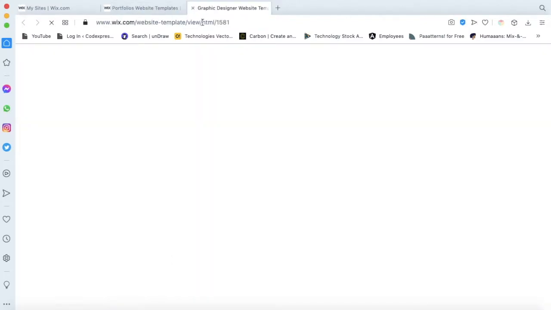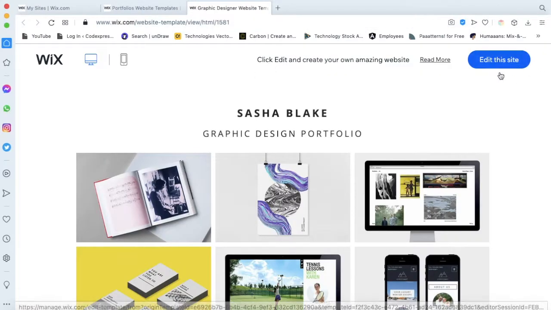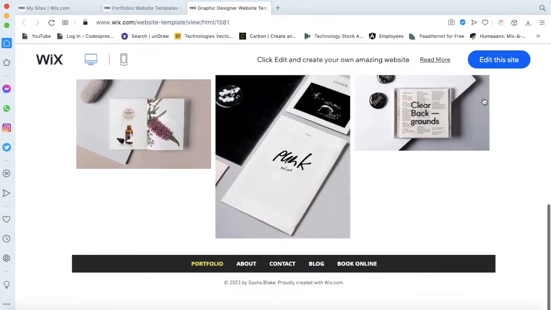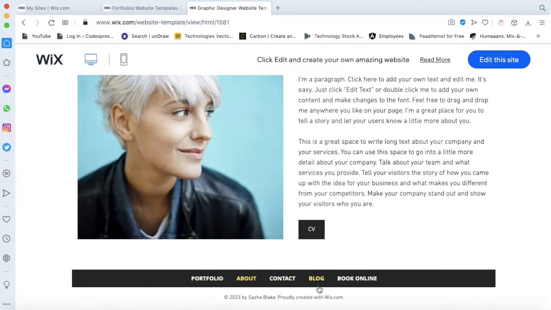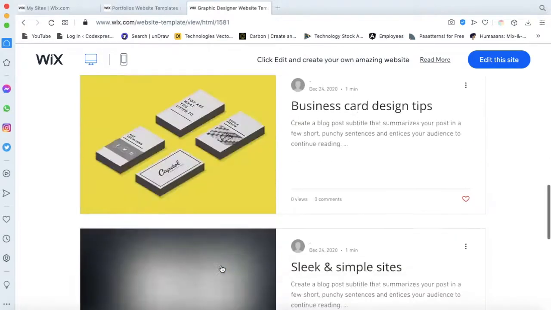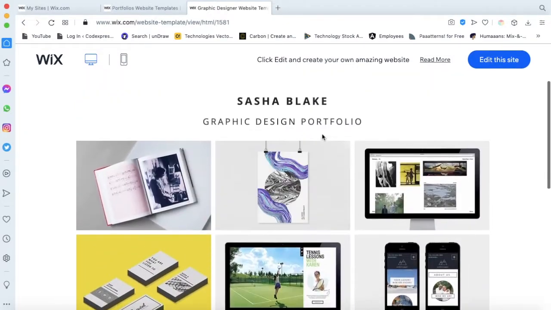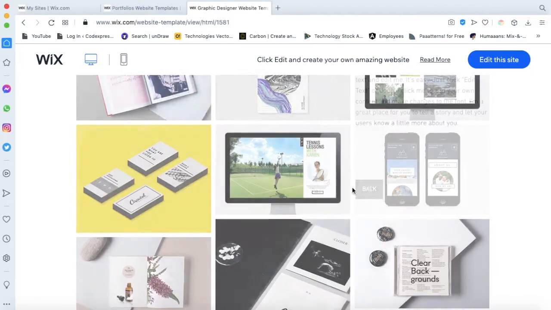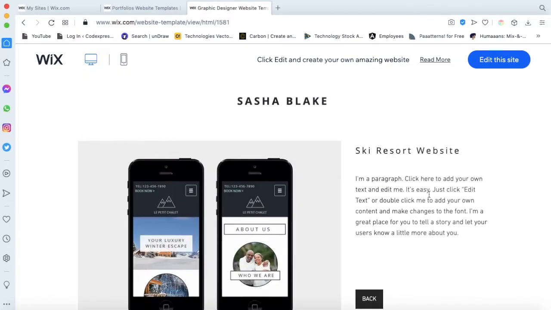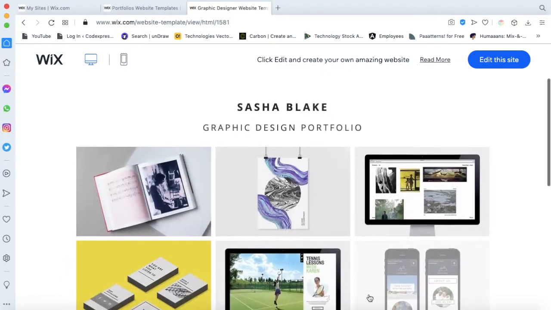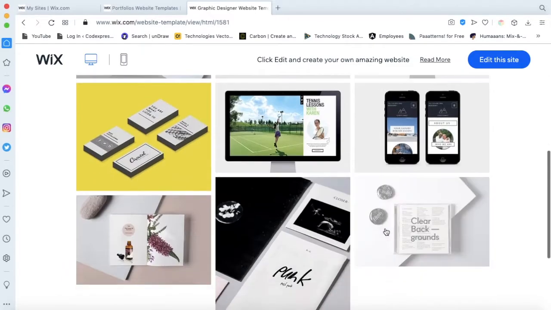Okay, so let's click on this one as a full demo because I kind of like it. If you want to edit it, you click on edit site. It has an about and a blog, and since you don't have a blog, this will be the portfolio of your projects, and it's really simple and easy. I kind of like this one, and it has a description of the projects that you might want to put, and it has a nice project